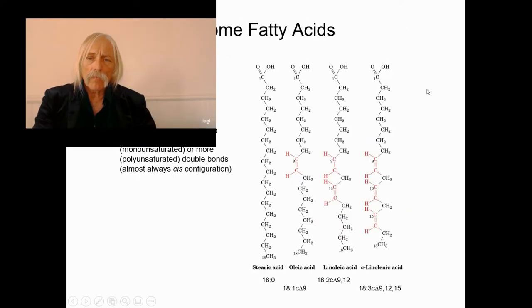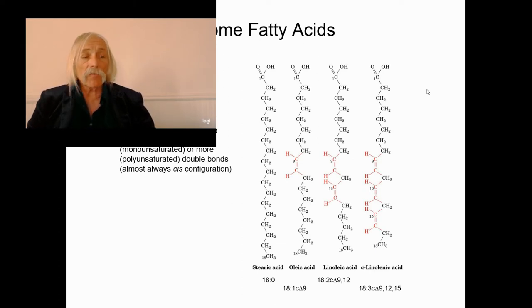So here again are some of your standard fatty acids: stearic acid, oleic acid, linoleic acid, and alpha-linolenic acid. So you can see the number of double bonds varies with these. All these are 18 carbon fatty acids. Stearate is a complete alkane chain, or no double bonds, so you just have methylene groups. And again, the methyl terminus, there's your carboxylic acid shown protonated here. Oleic acid with that single double bond at the 9-10 position there.